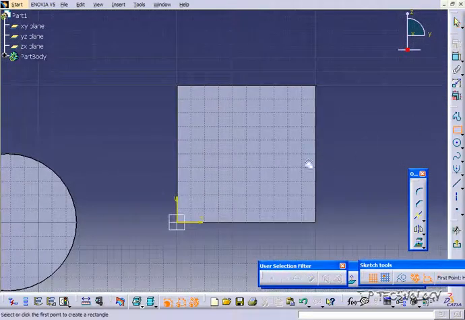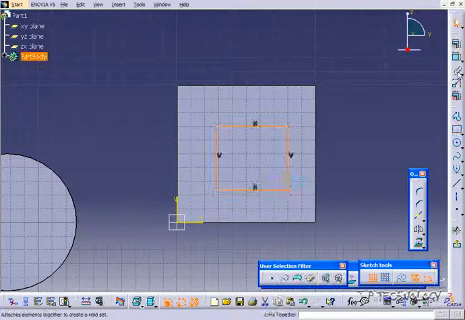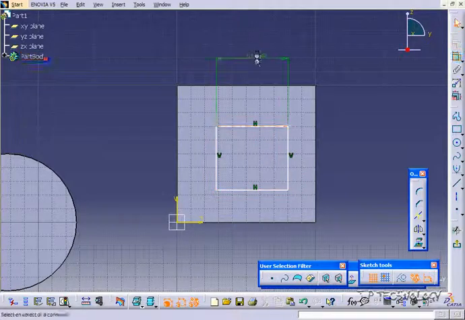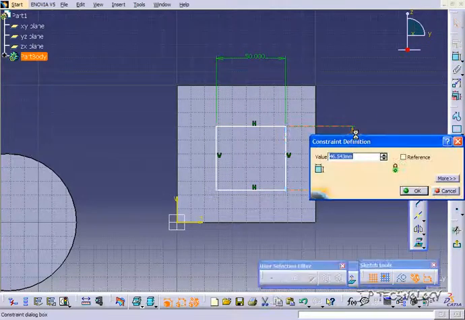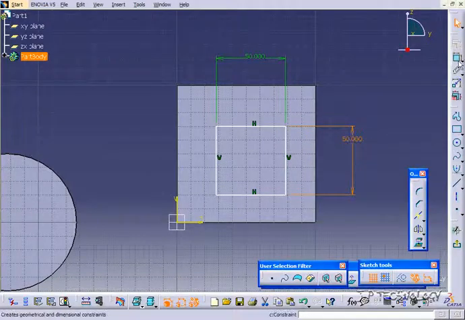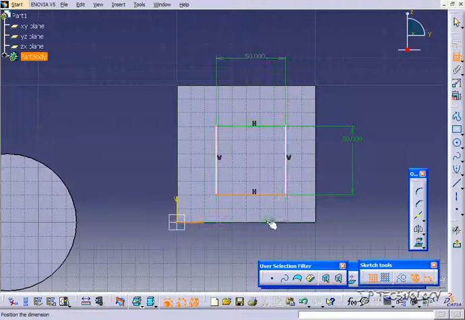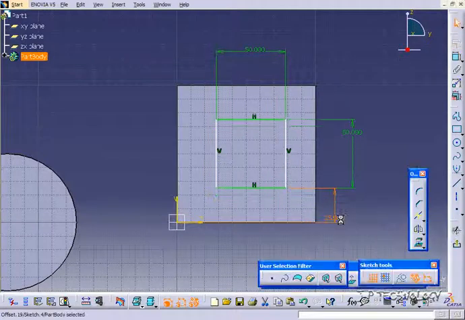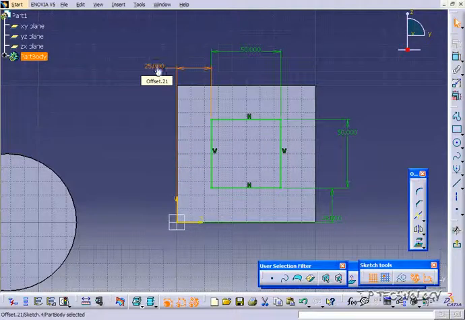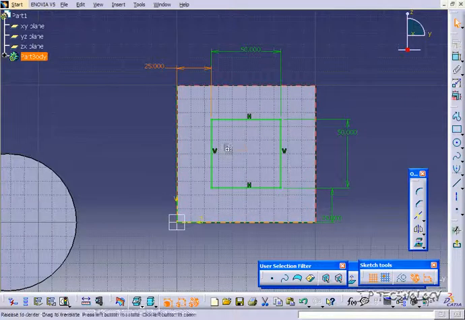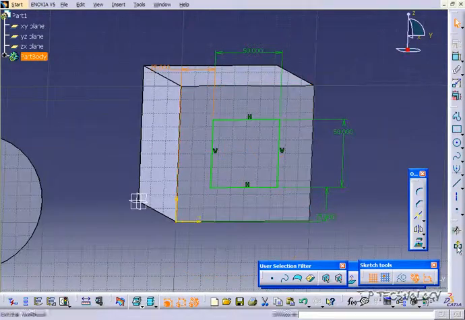So for the first one, let's click this face here, click Sketch, let's zoom in and let's draw a square. And let's dimension the square to 50 by 50. And we'll center it. So it's going to be 25 by 25. So once you have all those dimensions in, let's go back up